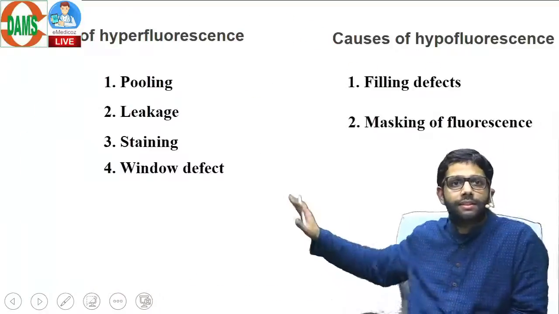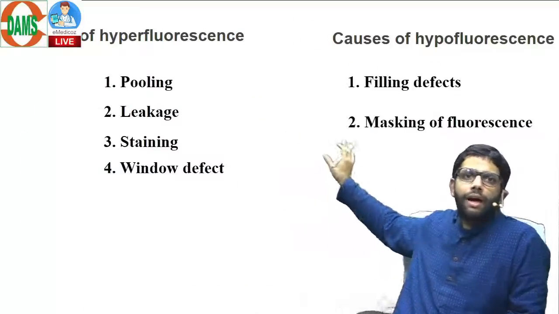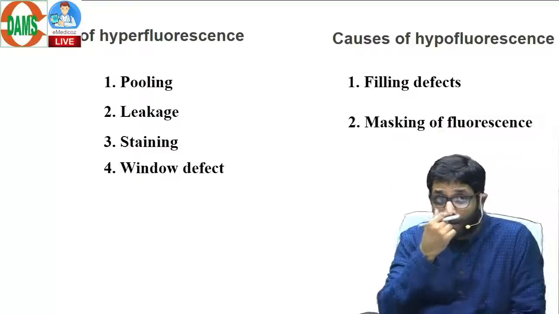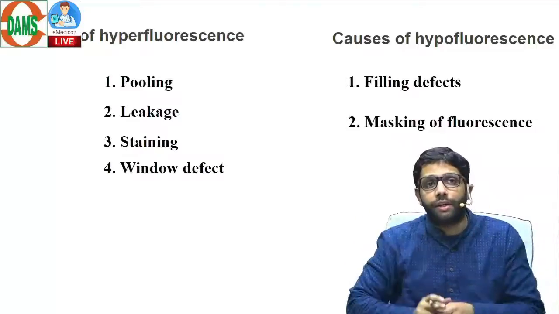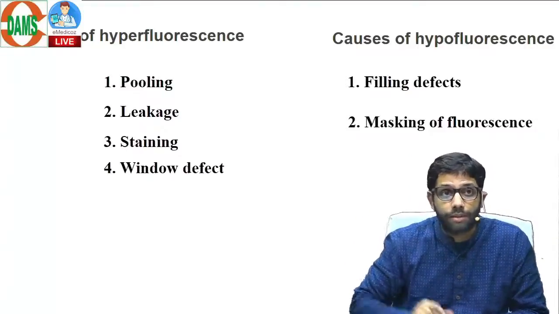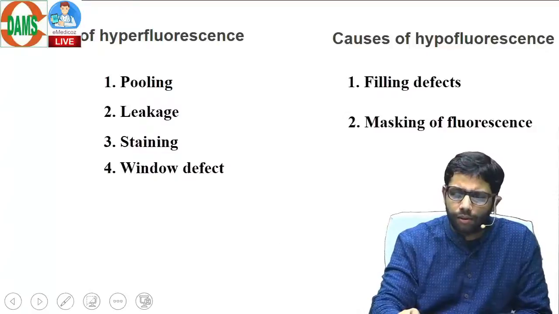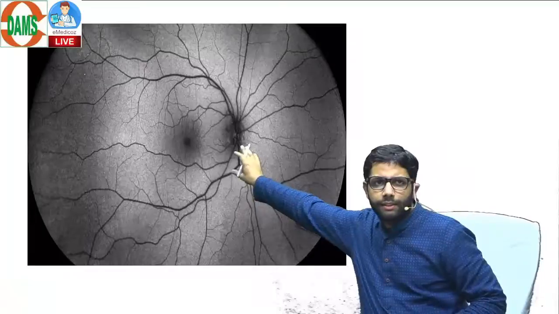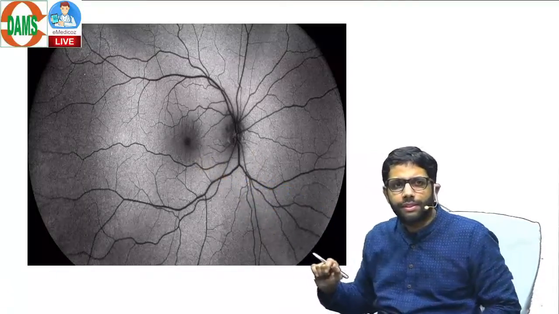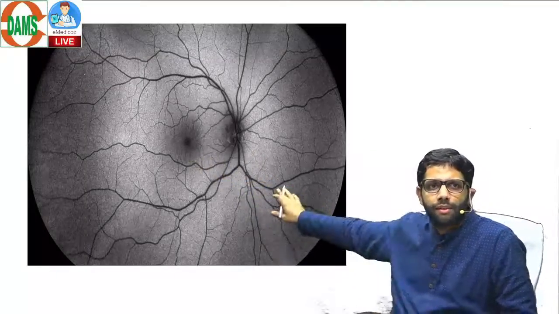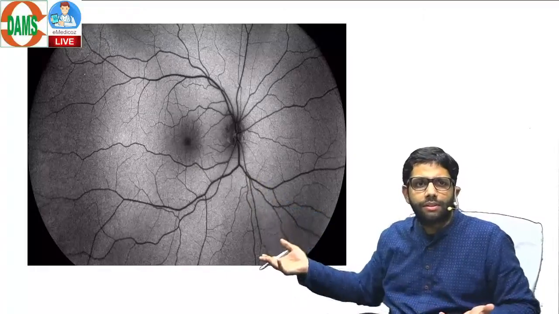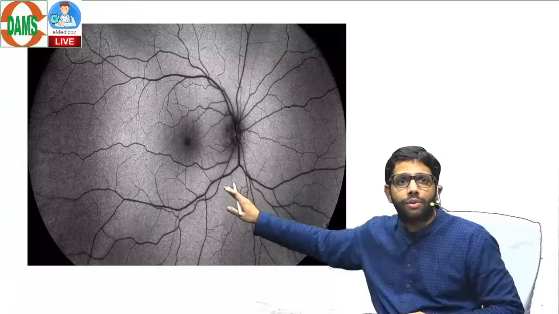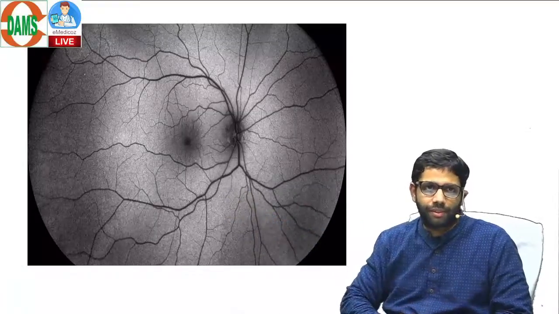Okay, so this is the examples of hyper and hypofluorescence, each we have seen. But let us, for an additional point, if we can write down lastly to get very good marks in a theory exam, what you can see in this picture. This is the right retina, optic disc and fovea. But is this angiography? See the retina vessels, they are dark. Retina vessels, they are not dark, they are white in angiography because they have dye. So this is not angiography. This is just